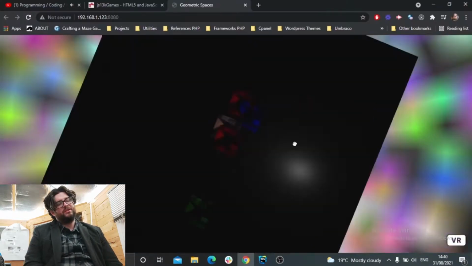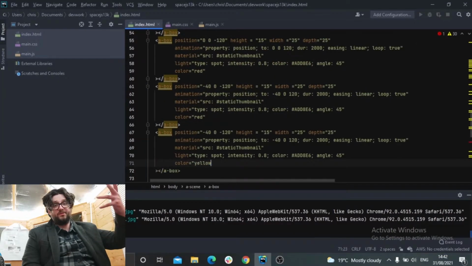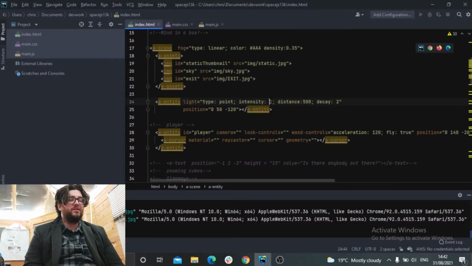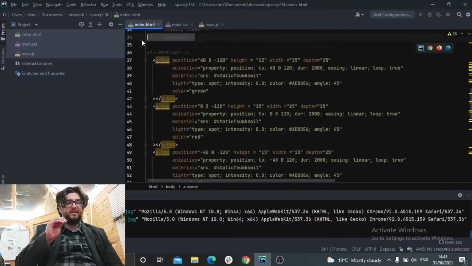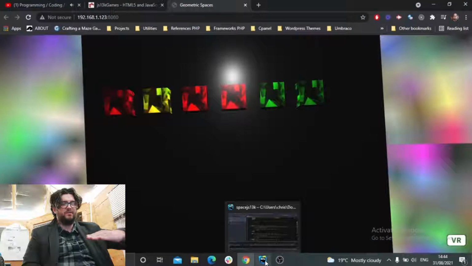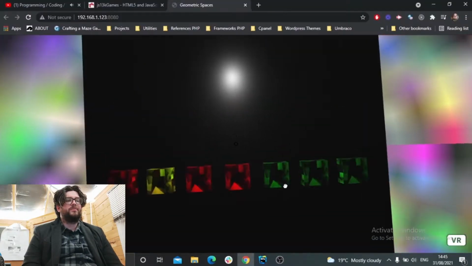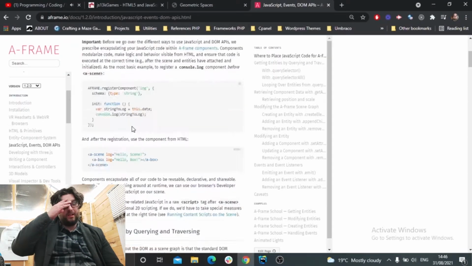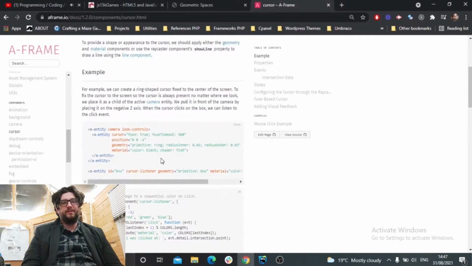So then I sort of got onto this idea of just having everything going down vertically like this, almost like Tetris, I suppose, and try and do something with that. So I coloured everything so that I could very easily identify which cube was which. So you can sort of see that here's like a vertical descending cubes. I'm going to try and do something like that, and then this is where I got into the idea of